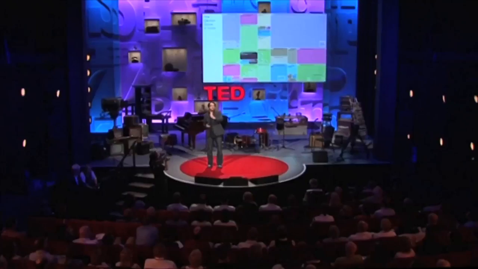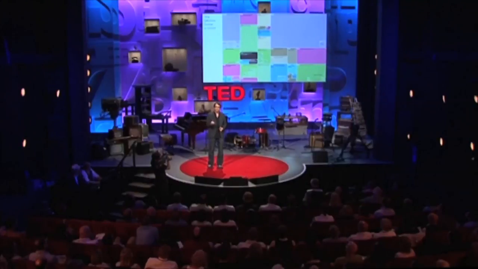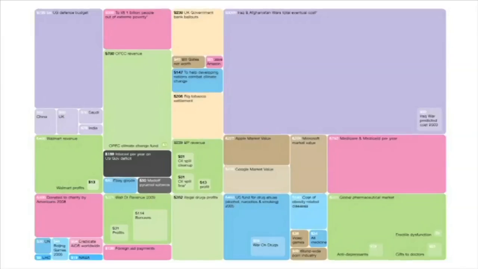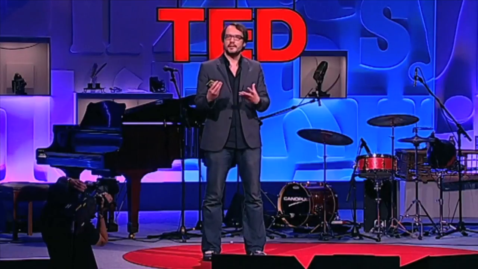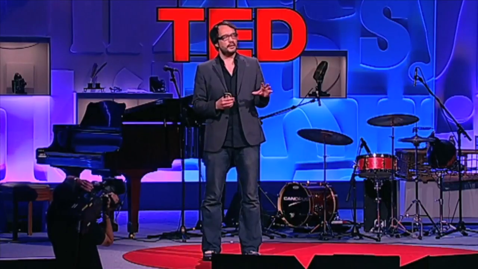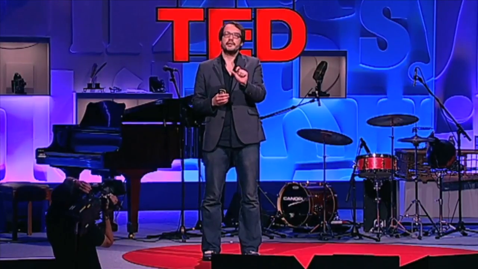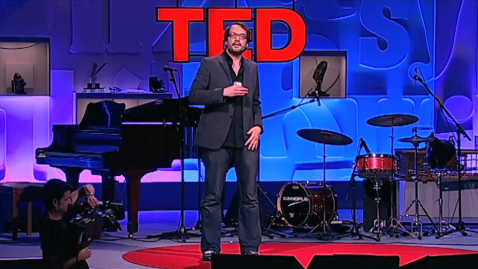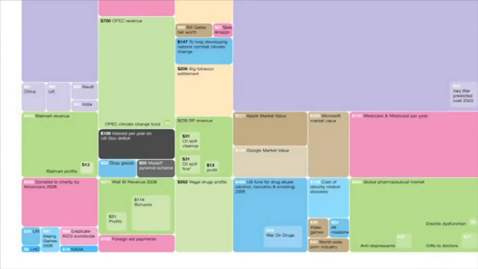So I scraped a load of reported figures from various news outlets and then scaled the boxes according to those amounts. And the colors here represent the motivation behind the money. So purple is fighting, and red is giving money away, and green is profiteering. And what you can see straight away is you start to have a different relationship to the numbers. You can literally see them. But more importantly, you start to see patterns and connections between numbers that would otherwise be scattered across multiple news reports. Let me point out some that I really like.